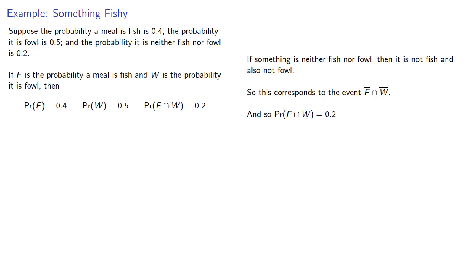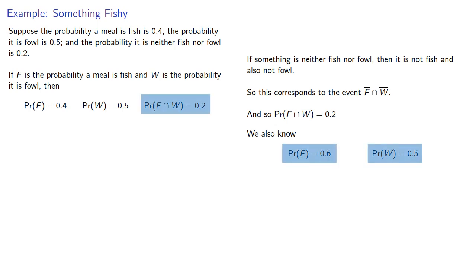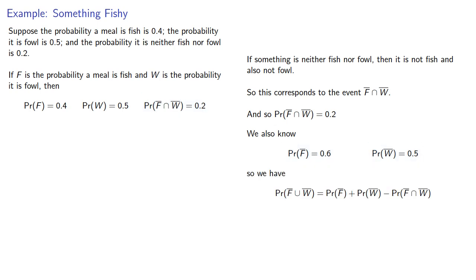Now, while we're at it, let's go ahead and find the probability of the complement of F and the complement of W, and these will be... and now we have two events and their intersection, which are related to the union by our formula. And we can substitute in our values to find